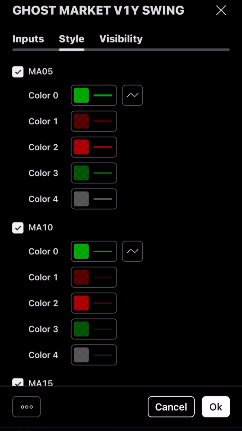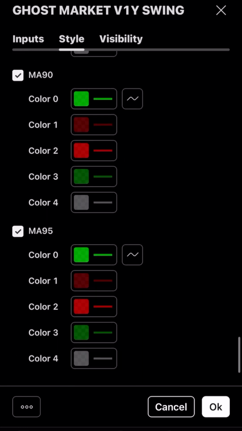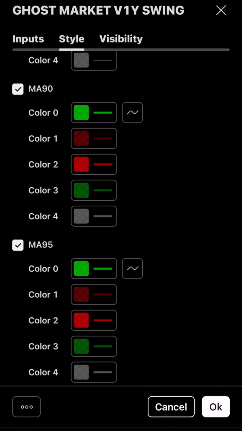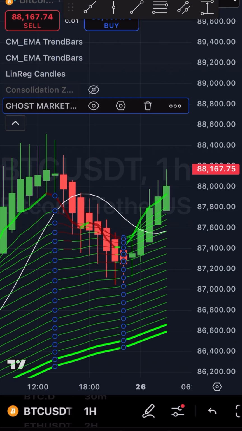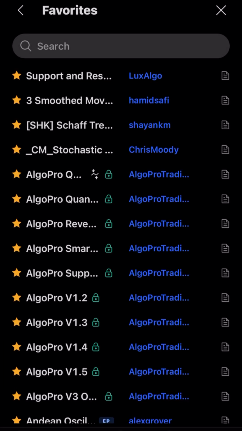You want to load up your swing, and then you want to check everything off here except for 90-95. So basically, if you want to get Ghost Market Pro, that puts everything on one indicator. I like Ghost Market Pro. It's one of my favorite indicators I've bought. But if you don't want to use Ghost Market Pro, you're going to have to go to